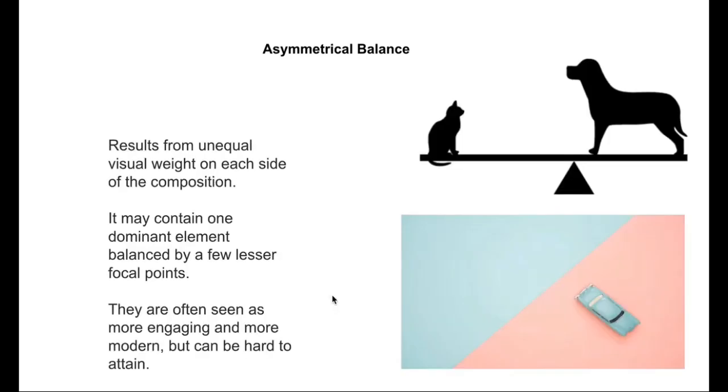Then there's asymmetrical balance. It results from unequal visual weight on each side of the composition. It may contain one dominant element balanced by a few lesser focal points. These are often seen as more engaging and more modern, but can be pretty hard to attain. See how these images aren't really fully even, but they do look pretty aesthetically pleasing. For instance, this pink line looks a little bit shorter than the blue line, and this